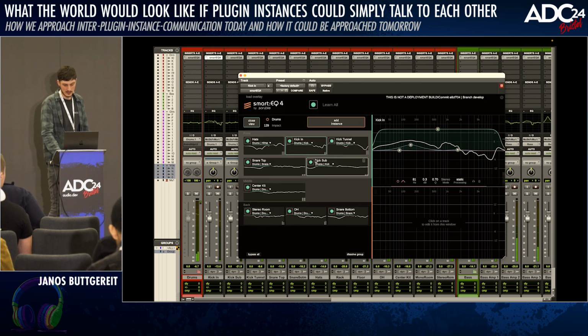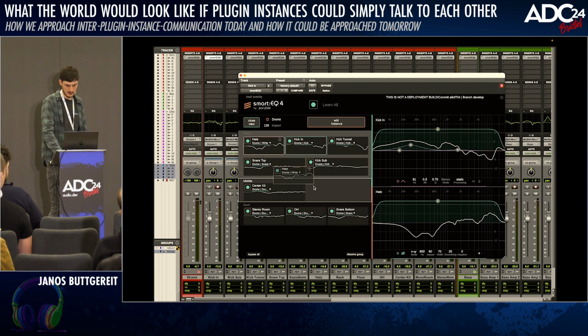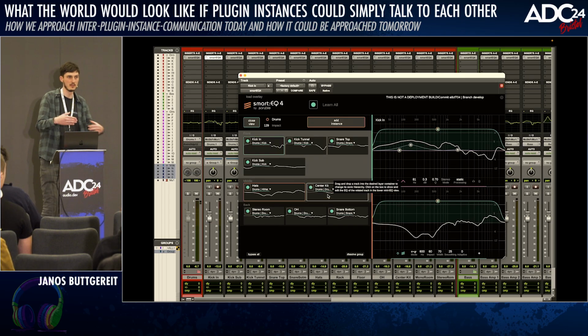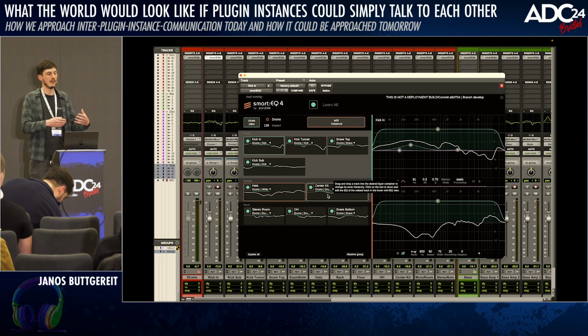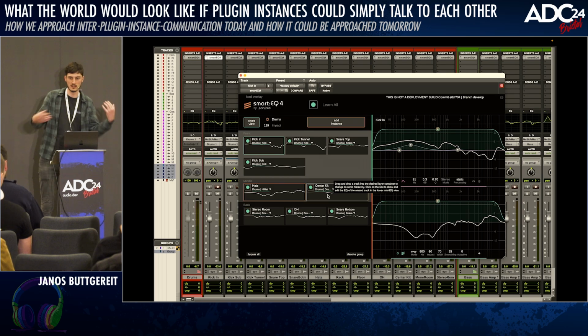And I can even say, I have layers here. So I can put my hi-hats back from the front to the middle of the mix. And this will recompute the curves. So this tool is able to make smart decisions for your mix based on context information gathered from other instances.